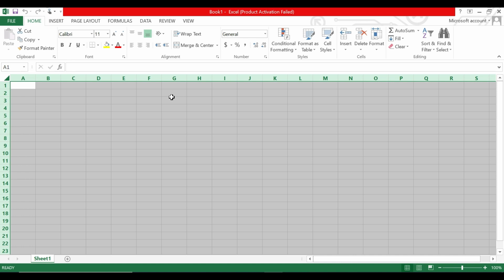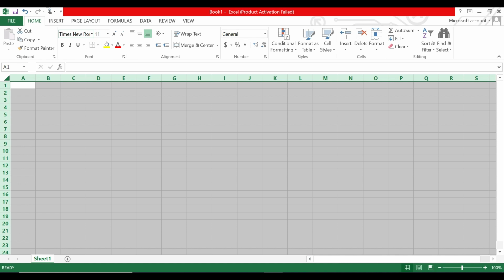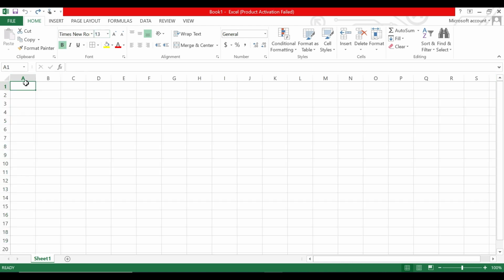From the Home tab, pick a font for your text, say Times New Roman. Select the font size of your choice, say size 13. After inputting text and data in a few columns and rows, say students' academic performance with their entry